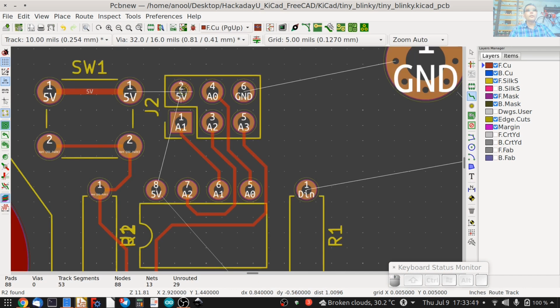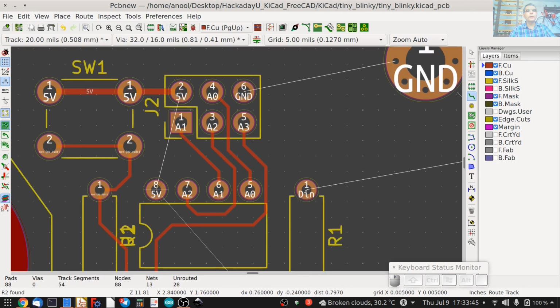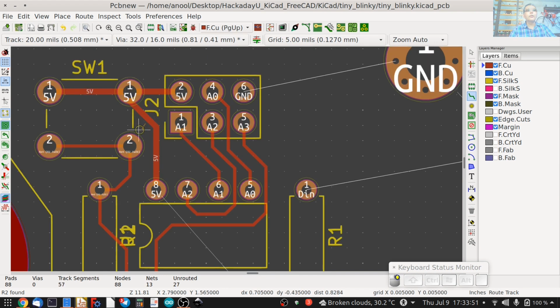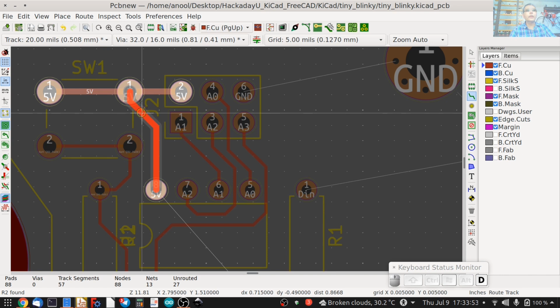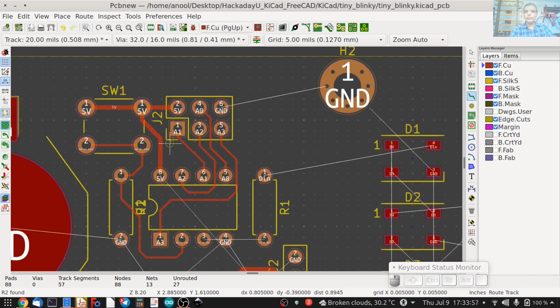We can connect the two 5 volt pads like so. Connect 5 volt of the ATtiny like so. Let me drag this down a bit like so.